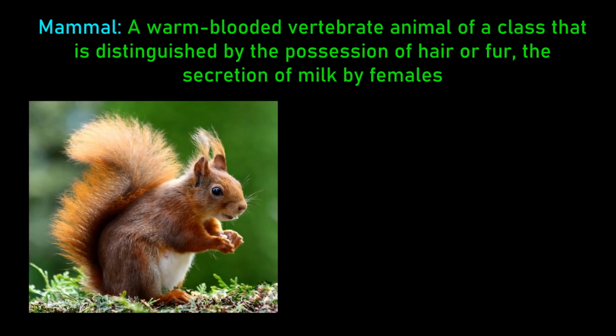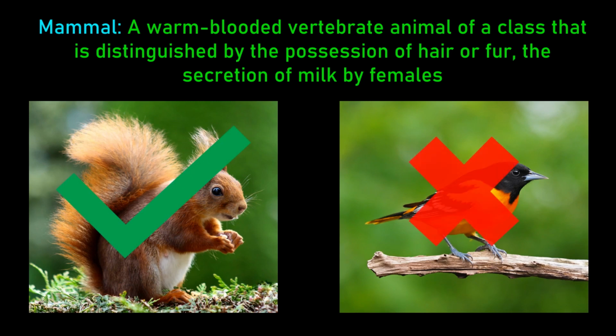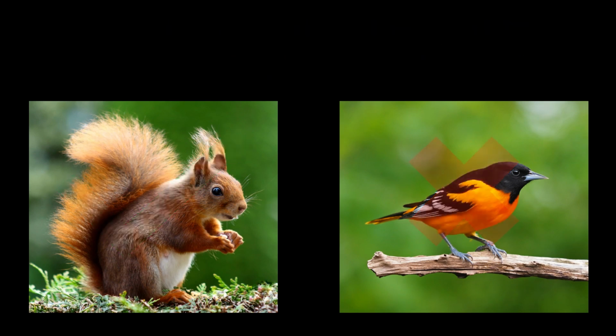For example, we can define a mammal as a warm-blooded vertebrate with hair or fur and the secretion of milk in females. This criteria can then be used to check whether a thing is a mammal or not. This is how the left hemisphere thinks. It creates closed loops by which things can be distinguished from other things, and this is how it is able to divide the world into distinct entities. This produces a sense that we can draw definite conclusions about the world with no ambiguity. A thing is either a mammal or it is not.